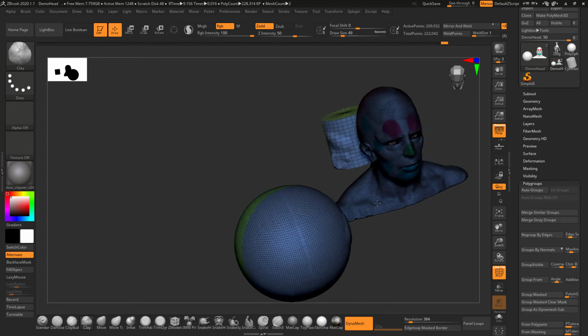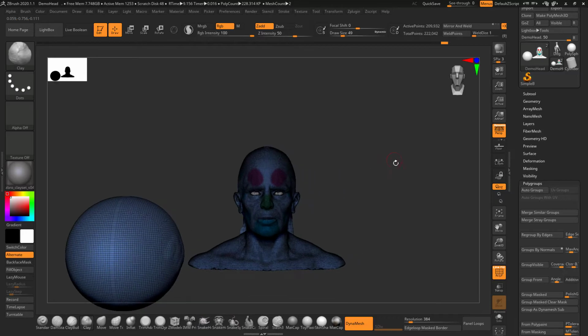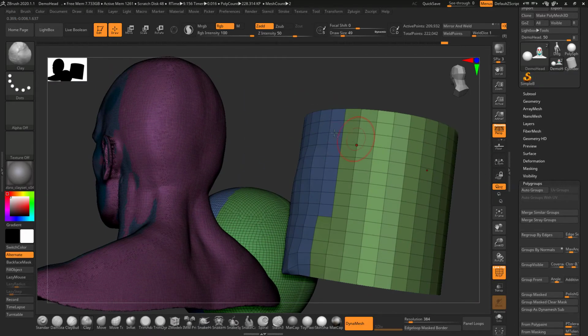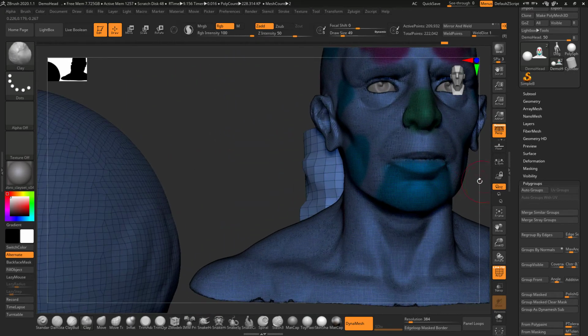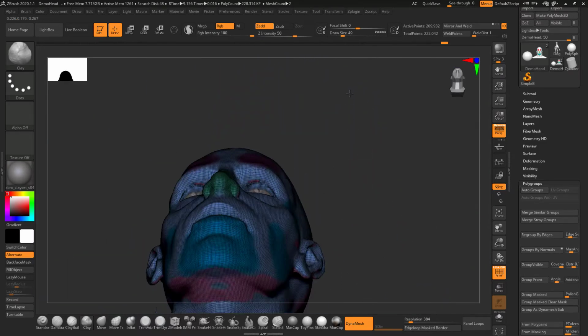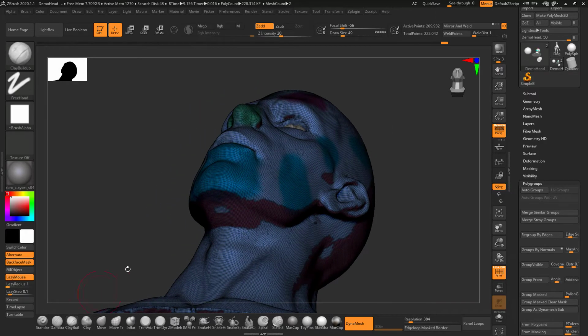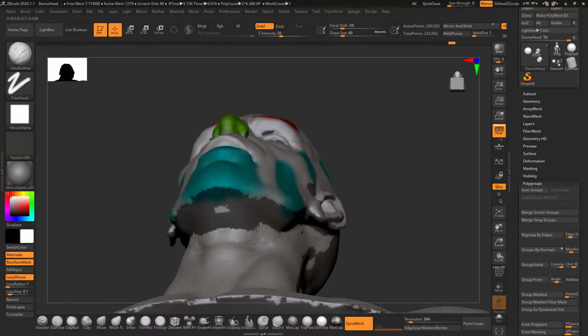The area that was behind is grouped as a separate polygroup. It's quite interesting, because you can add many details and make selections that may not be easy to make in other cases.